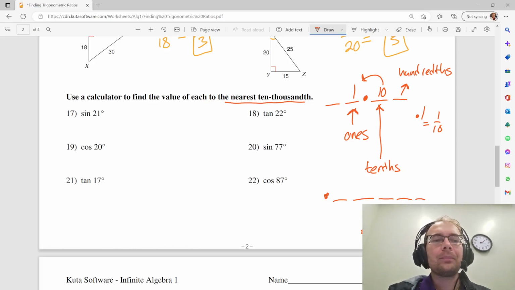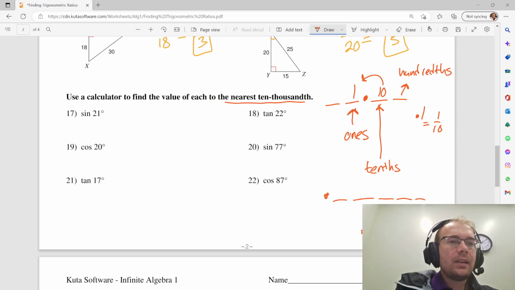Like if you have 6, it's like, is that closer to 10 or is it closer to 0? Well, it's closer to 10, so you would say that's basically 10. It's almost 10, right? Round up or round down. So anyways, with the sine, I just plugged it in, and it's